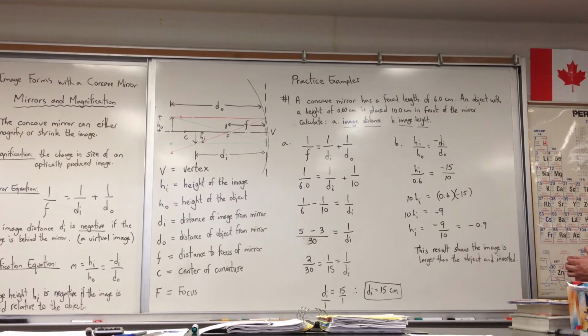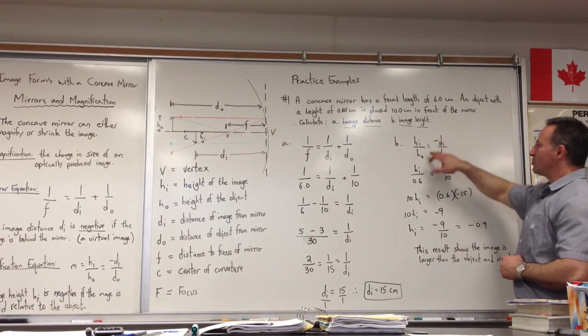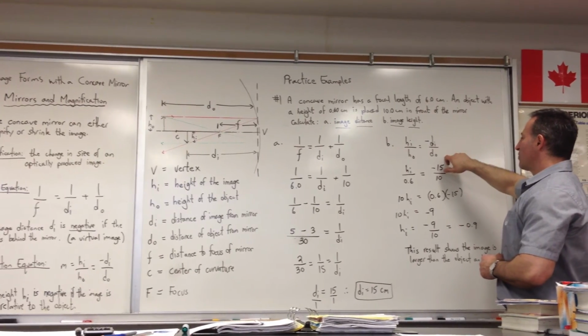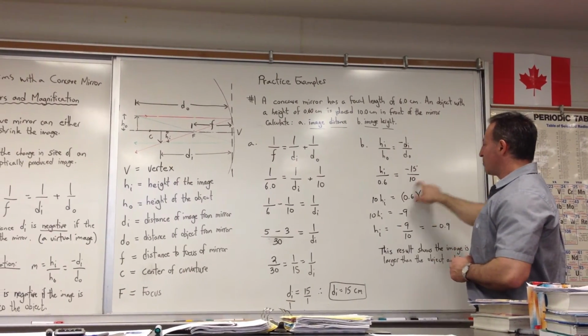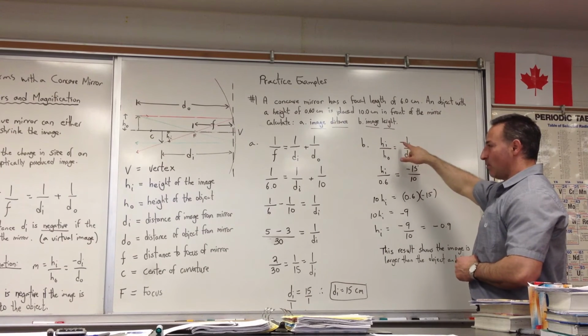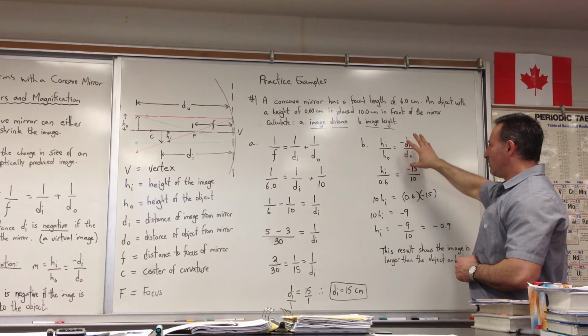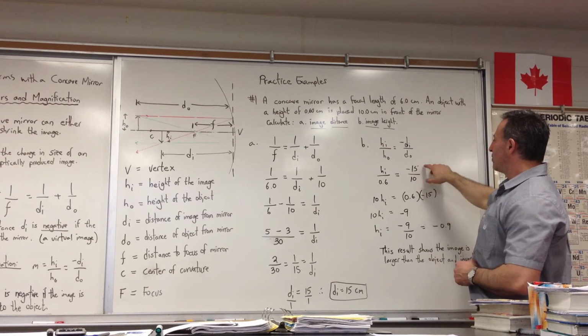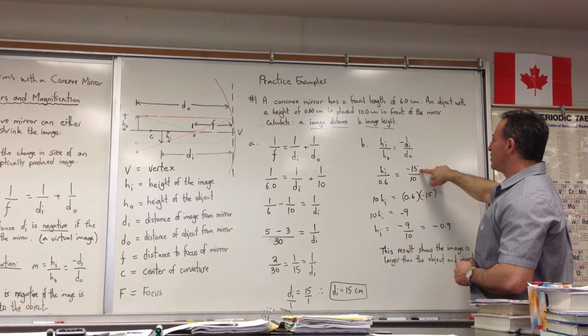In the second question, we're asked to find the image height. And so we're going to use the other equation. Height of the image over height of the object is in proportion to the negative of the distance of the image over the distance of the object. We know 3 of the variables, and there are 4, so that has to be the case. If you have 4 variables, you need to have 3 of them to solve for the 4th one. So we know that the distance of the image is 15 centimeters